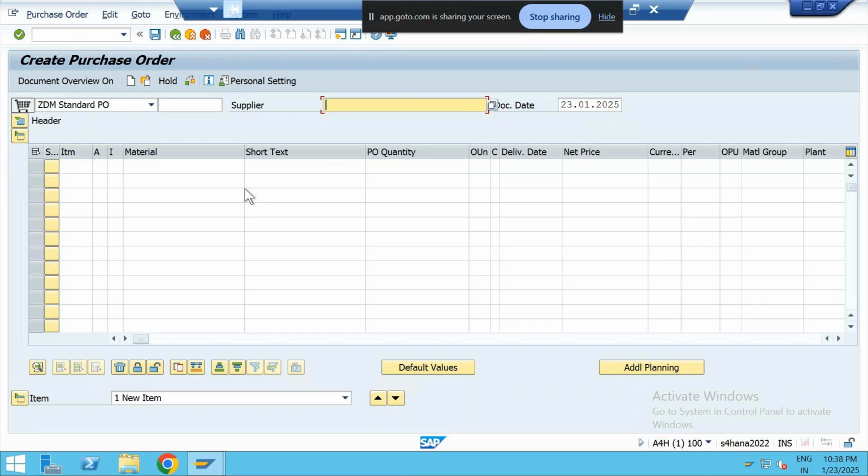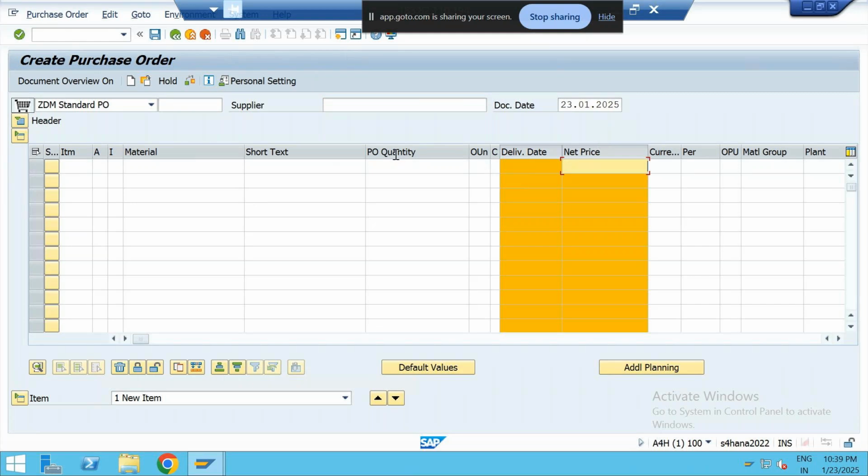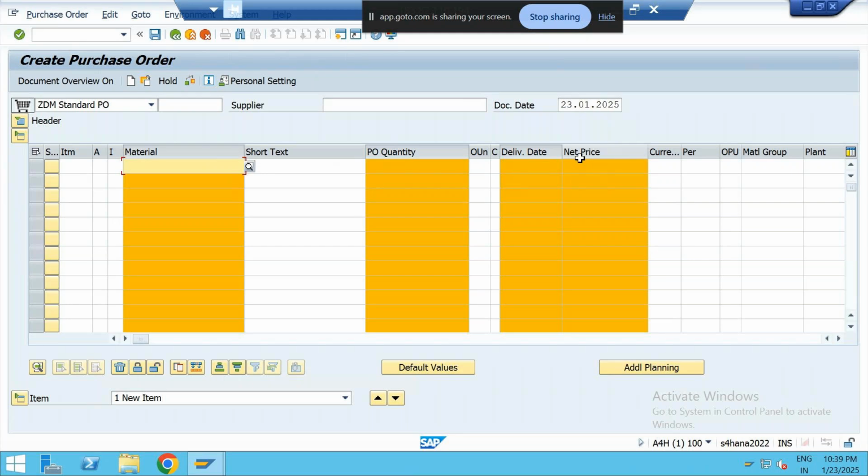Here you mention the material that you want to purchase, and the quantity. For example, this is a laptop, and I want to purchase this much quantity. I want it by this date, at this agreed price. Whatever price I agreed with the vendor, let's say MacBook, whatever price I agreed with Apple, with that price I will create a